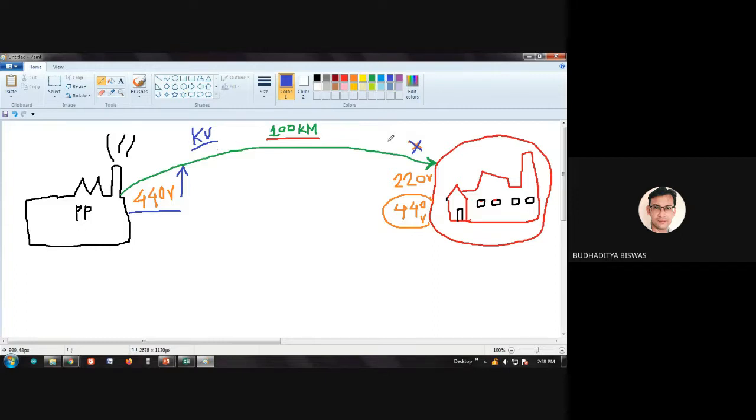But kilovolts are also useless, because in our home we are not using kilovolts. On the receiving side we need to decrease that kilovolt to the range of 440 volt or 220 volt, which is required for domestic or industrial purposes. The device which steps up the power plant generated voltage to this range is called the step up transformer, and the transformer which decreases the voltage for use by the load center is called the step down transformer. They help in power transmission, which is why this type of transformer is called the power transformer.